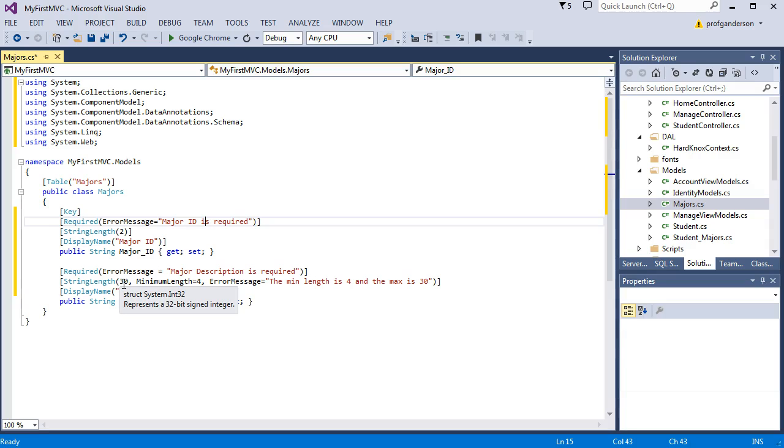Other attributes you can apply in a model include an email attribute, a compare attribute, a range attribute, and those are all things that you can specify for each of the fields to determine how the data interacts with your source code. For instance, the range attribute specifies the minimum and maximum constraints for a numerical value, and those values